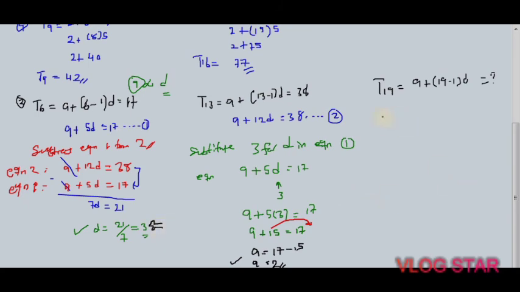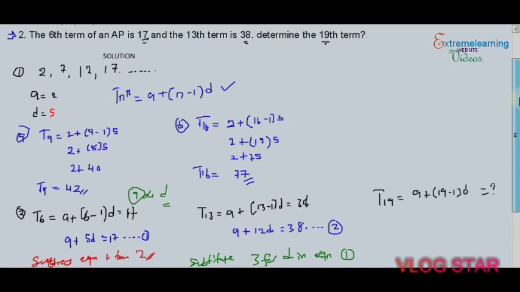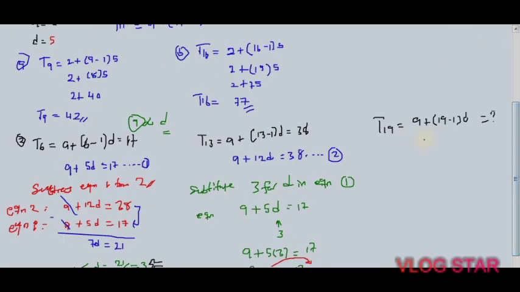Now let's go over to solving this next one. The question says find the 19th term. Now let's go to T of 19. We already got the first term to be 2, so T of 19 is 2 plus open bracket 19 minus 1, which is 18, close bracket. Our common difference we got to be 3. So this is now 2 plus 3 times 18. 3 times 8 is 24, that is 4 carry 2. 3 times 1 is 3 plus that 2, that is 5, right? So 54. Now